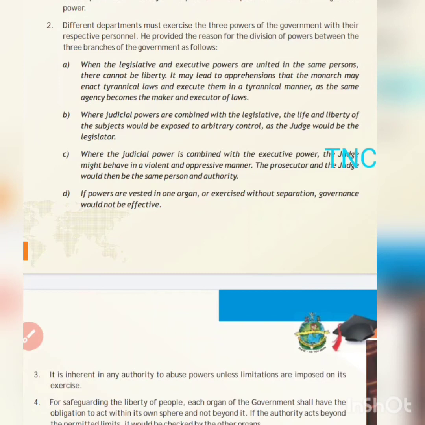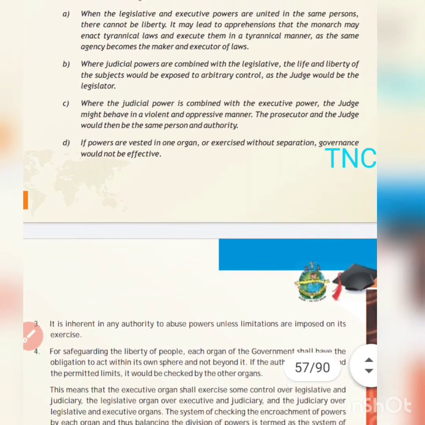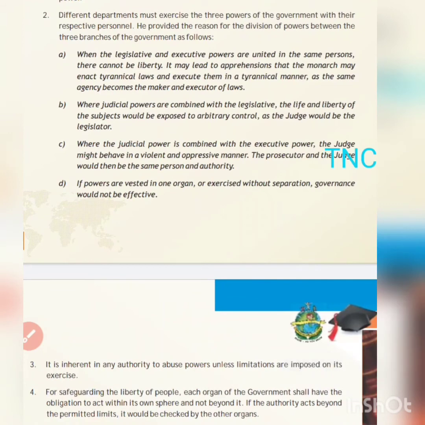So the same person would be, agency means person, the same person would be the maker and executor of law. So there will be no liberty, because it may happen that the monarch, who is the person in legislature also and executive also, will be making tyrannical laws, and he also wants that if I am making the law, I will want to implement it. So he will also implement those tyrannical laws in a tyrannical manner, and that will not be for the welfare